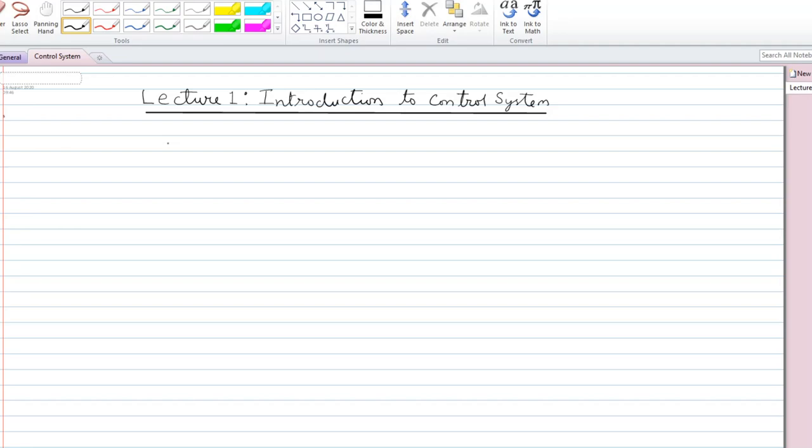Now in this semester we will study the subject control system, and the first lecture is introduction to the control system. Now a control system is actually represented by a block here, okay, and in this case this system